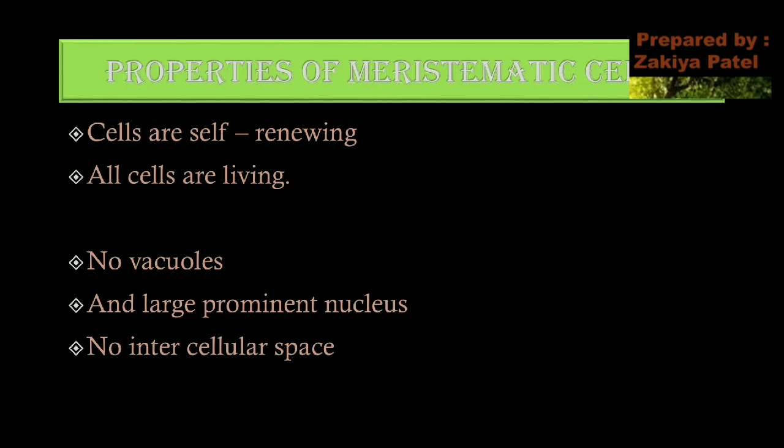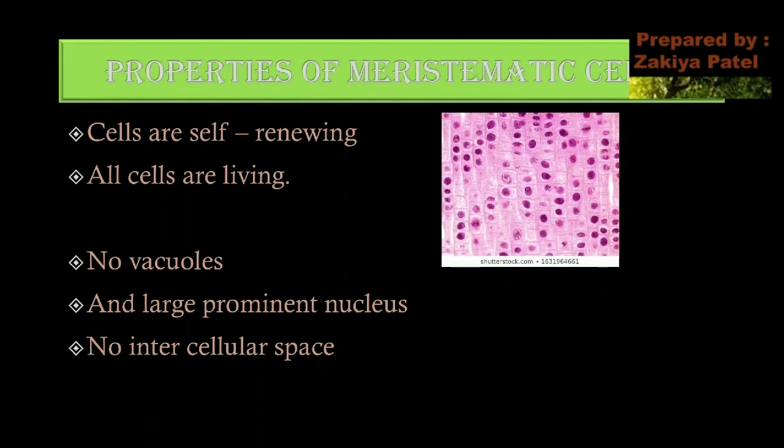Cells within meristematic tissue are self-renewing. What is the meaning of self-renewing? It means they can divide further every time they divide. Second, all cells are living cells. All cells present in meristematic tissue are living cells. Additionally, cells have a thin cell wall. You can see in this image the very thin cell walls, and a large prominent